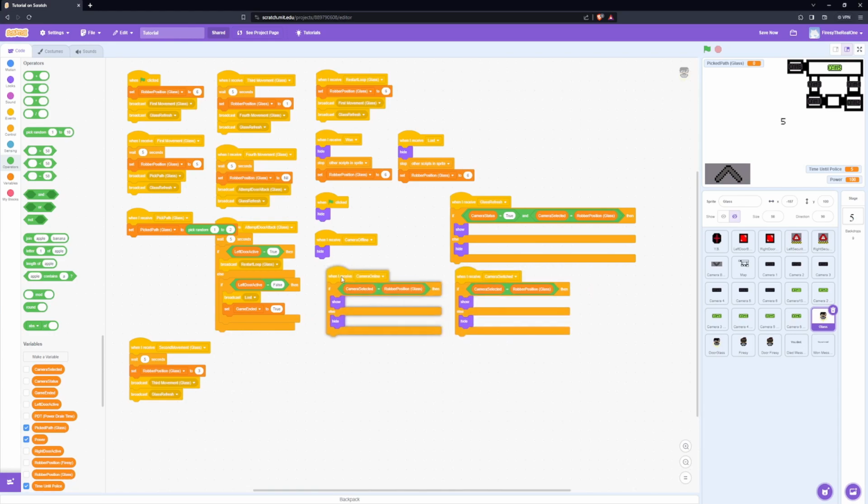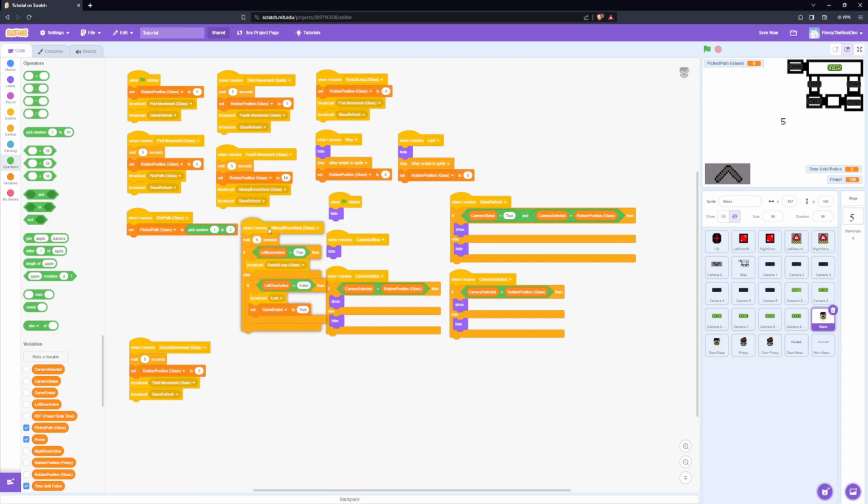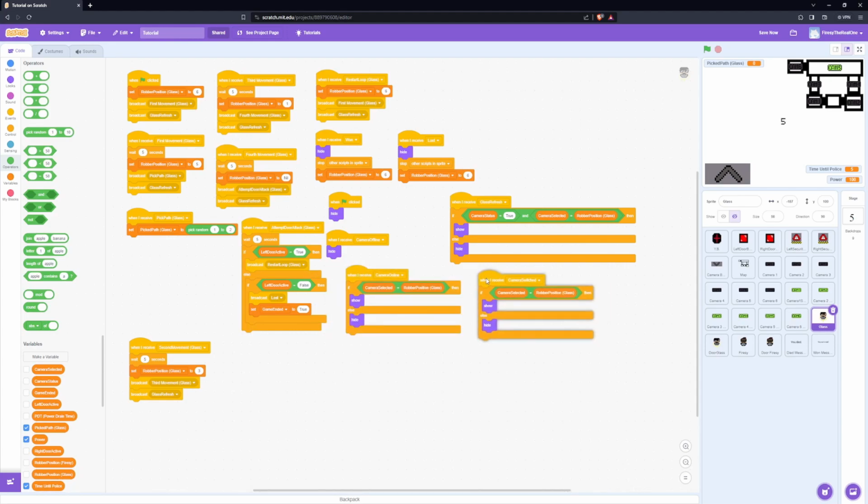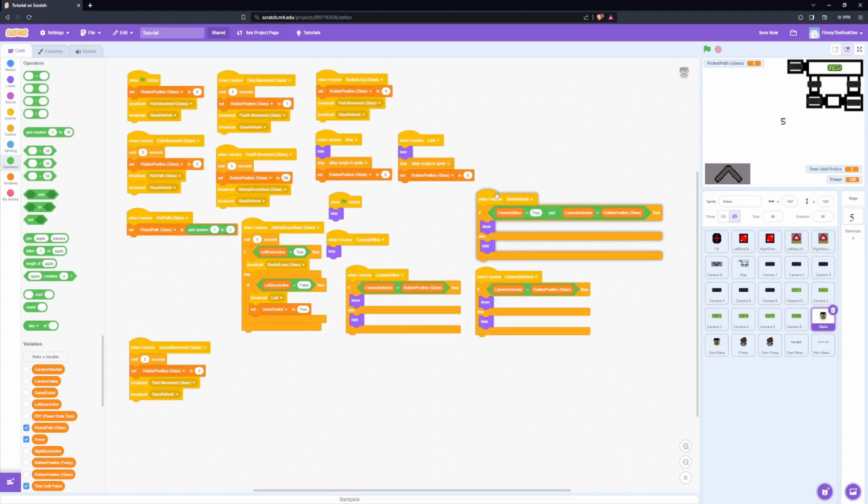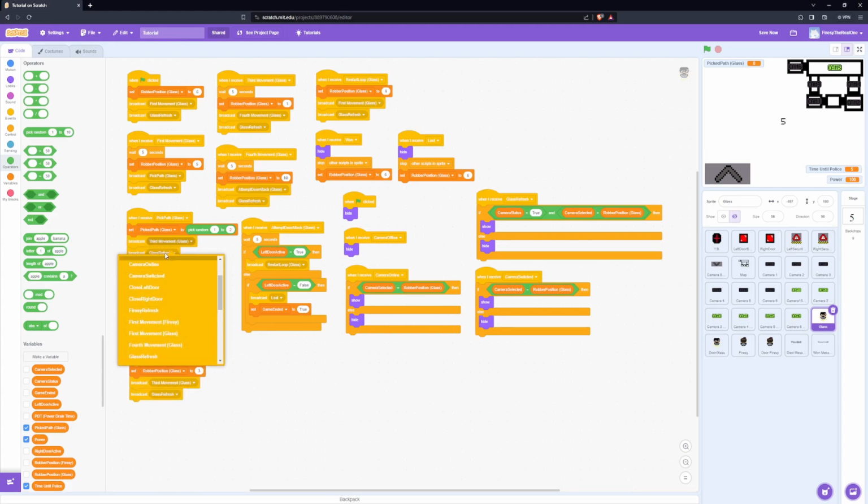You can put like 1 to 3 if you have 3 different paths the AI could go for. In this case, I only have the left and the right, and that's about it. Okay, so after that, we'll be taking this, duplicating it, and setting this to broadcast